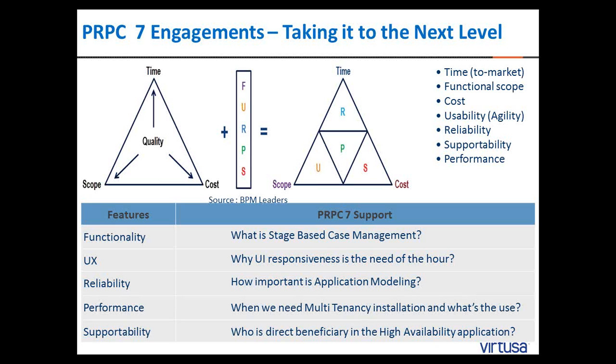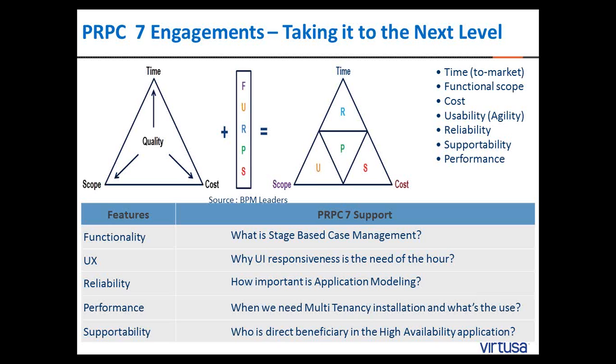So the left-hand triangle, we call it the pull and push triangle. So quality is the parameter which is under constant pull by three items called time, scope, and cost in future